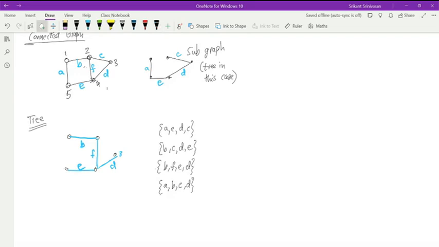A subset of which one? Like for the first one, AEDC, so we can say AED can be a tree, EDC can be a tree. No. Because a tree means every node has to be connected by the minimum number of branches. So when I say that my tree has every node connected, then if I remove any branch, that node becomes disconnected. So it cannot be a tree. Understand? Okay, sir. Yes, sir. Got it. Yes, sir.